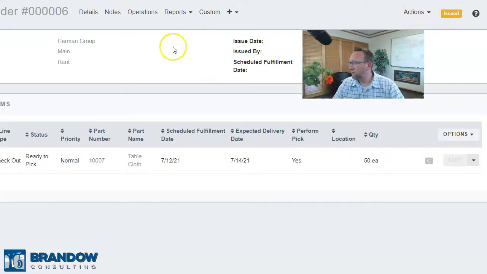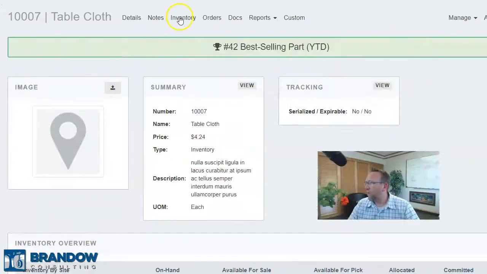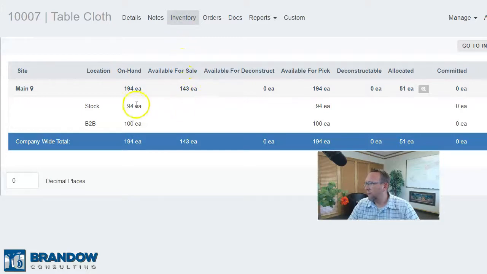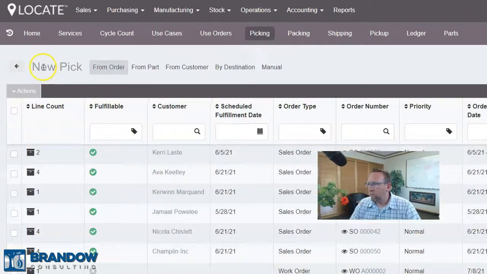issue this use order, and I want to focus on this part so you can see what this part does in this workflow. So I'm going to be going back and forth to look at the part in inventory. I'll click the part number and click on inventory, and it says we've got it in a stock location. This is just like a general stock location. This is just a demo version. And then we've got B to B, not to be confused with B to C or B to B. This is like a shelf location here. So we've got 100 there, and then now if we go to picking and go to the screen where we